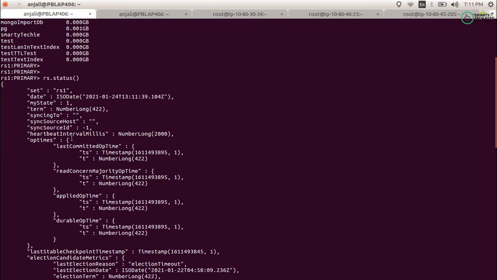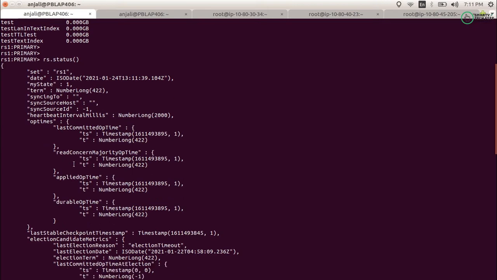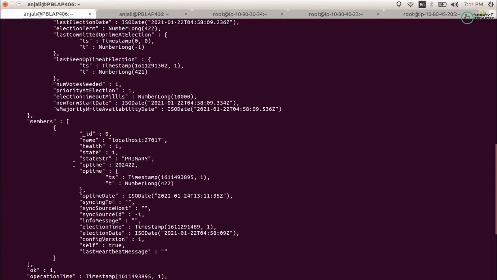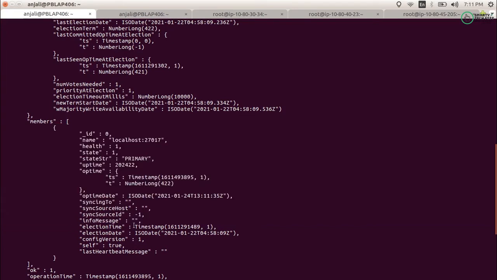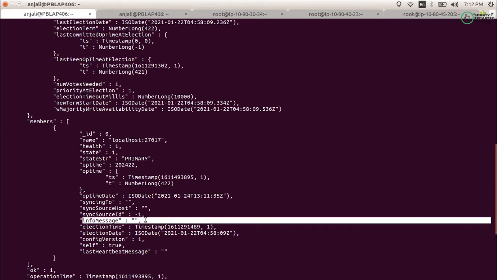What is the health status of your replica servers? Here you can see I have only a single member, and this is going to be in a healthy mode, because there is nothing unhealthy and no message regarding it. But in many cases, when any of the replicas is not working, you may find a message showing an unhealthy server, right? So you can see that there is no such message here, no unhealthy message.